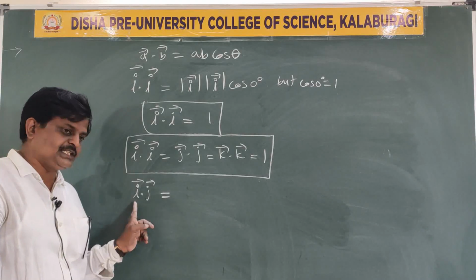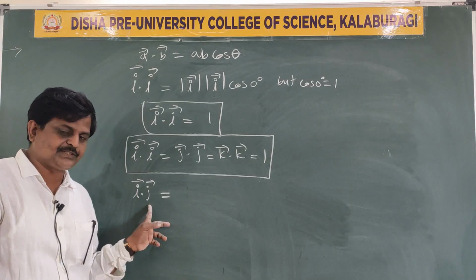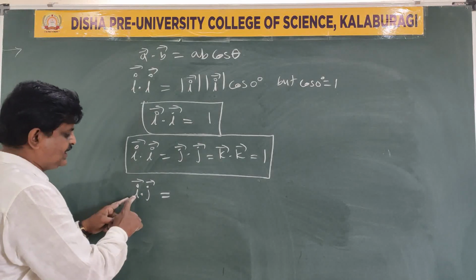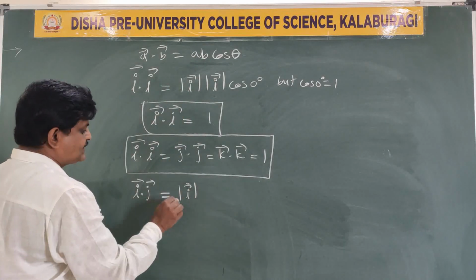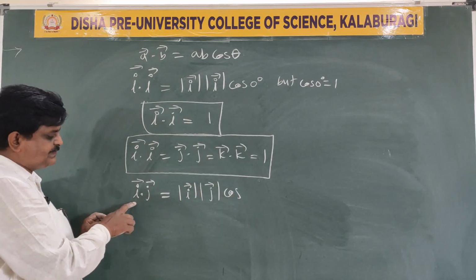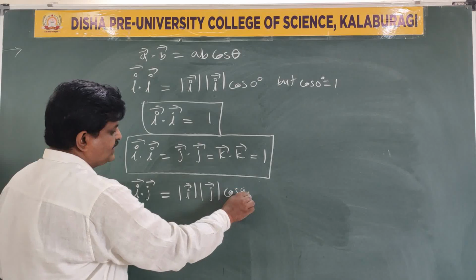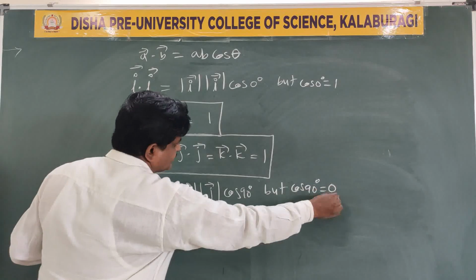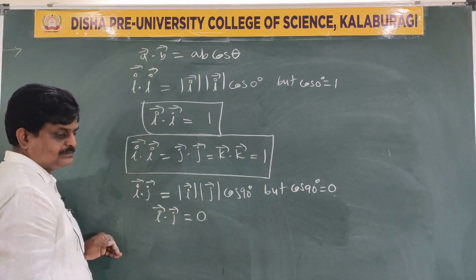Recall one more time. I is the unit vector acting along the x-axis. J is the unit vector acting along the y-axis. So logically, the angle between x and y is how much, please? 90 degree. When we operate I dot j, just see, once again the basics: I, its modulus, j, its modulus, and the angle between. Just use your inspection method to evaluate the angle. I is x, j is y, the angle between them is what? 90 degree. But what is cos 90 degree, please? It is 0. Therefore, when you operate I dot j, it is 0.